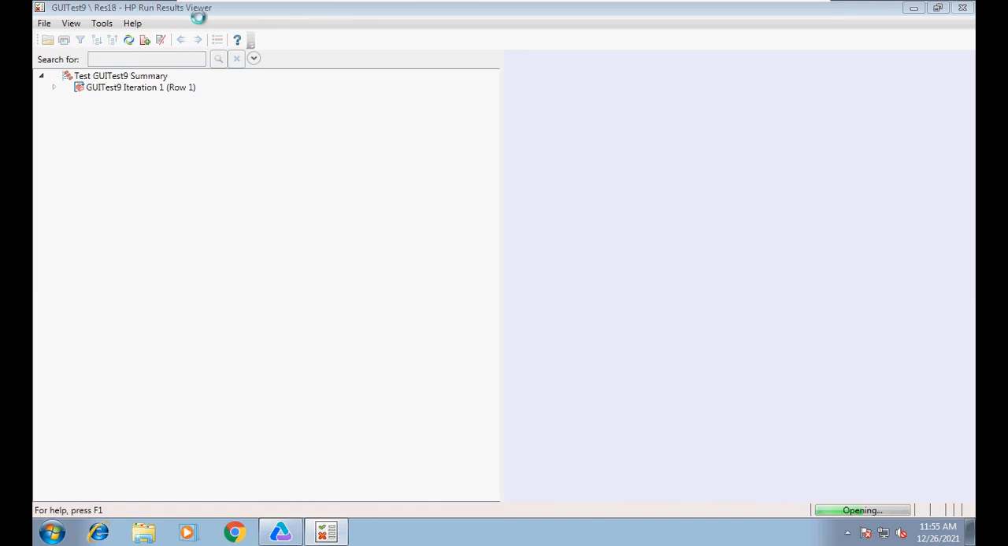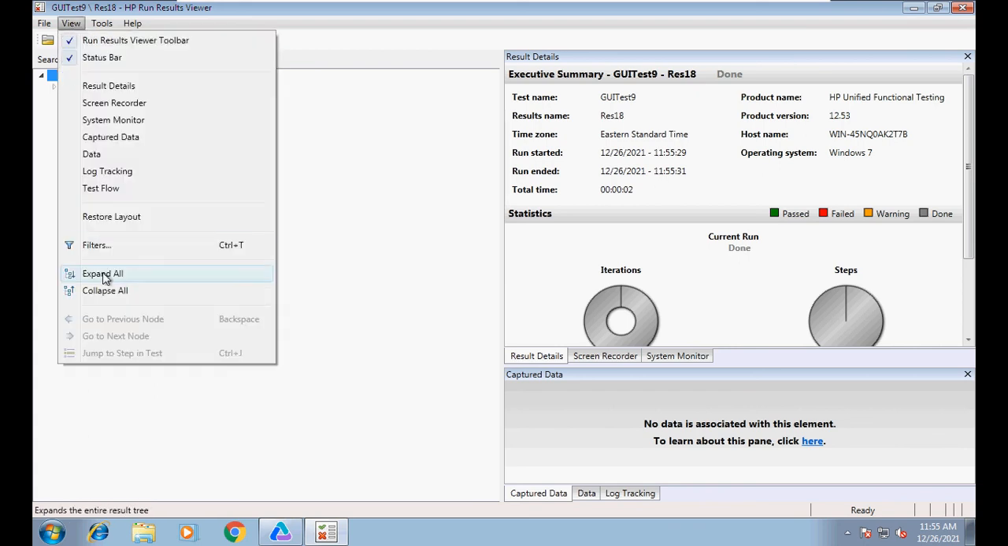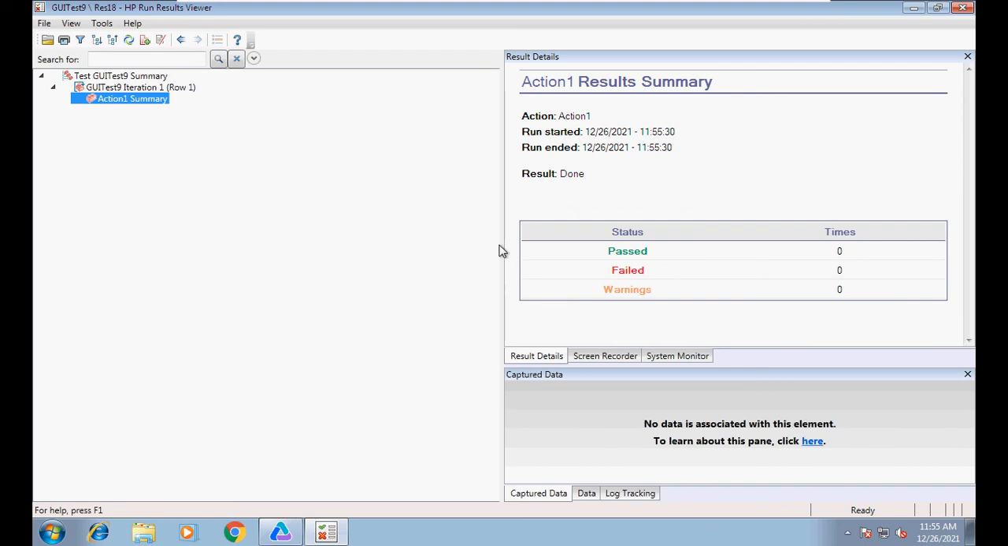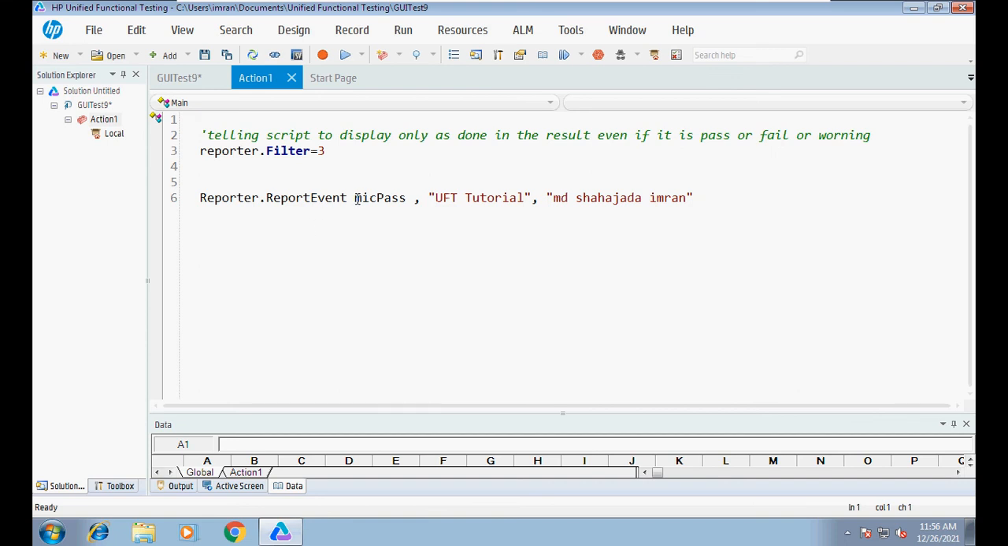The run result viewer loads slowly. So it's loading, it's loaded. Now if I expand all, I will see that the status is just done. Though it's actually pass, since it is forcefully set, it doesn't matter whether it's pass, fail or warning, you show it as done. That's what 3 means. Now if I change to 1 and say make fail,